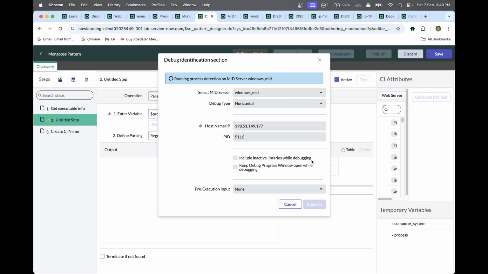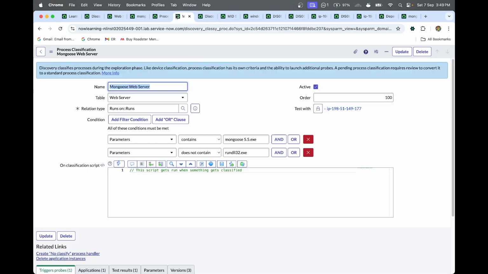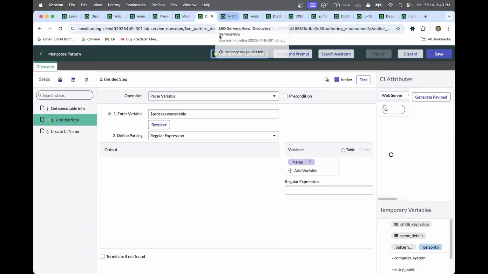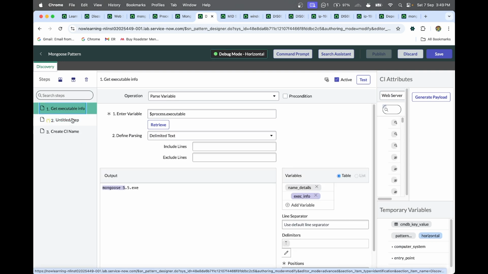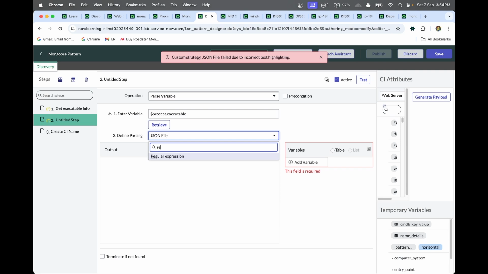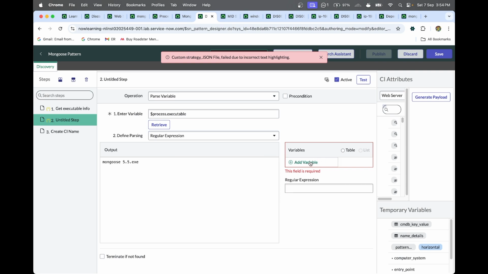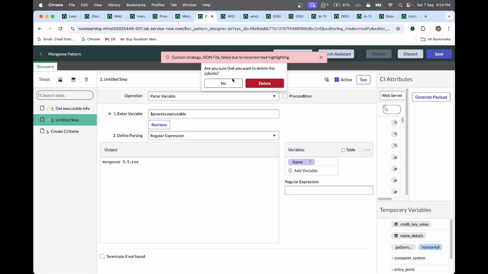Due to the change in PID, we need to change the path parameters that contain the name also, and here also we need to change something. You can see mongoose 5.5. In here also you will get mongoose 5.5, like that. Exact underscore version. Then in the regular expression we can make mongoose